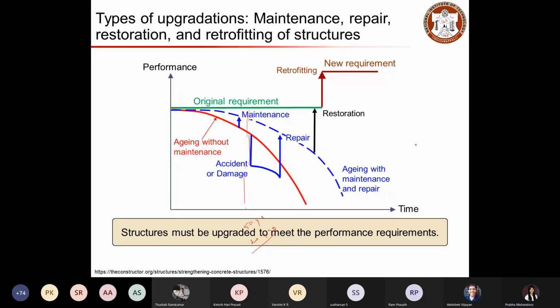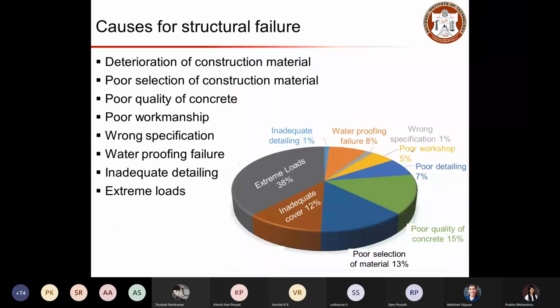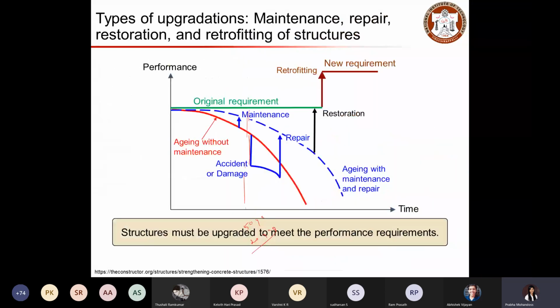So to meet the performance requirement, the structure has to be maintained and its condition should be checked, so that we can do the upgradation whenever it is required. So that is what it is about. This basically summarizes the terminologies or the functionalities that we use for these structures, especially for maintenance and rehabilitation of concrete structures.